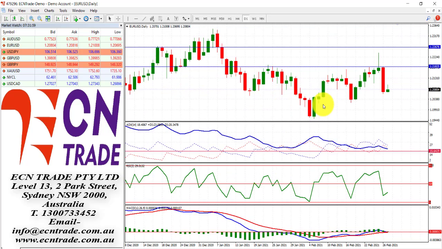Now, the US dollar, which measures the greenback strength against a basket of 6 major currencies, staged a further rally on Friday to a high now around 90.80. This has put a somewhat negative